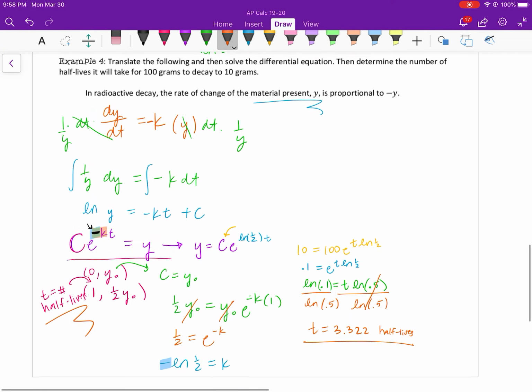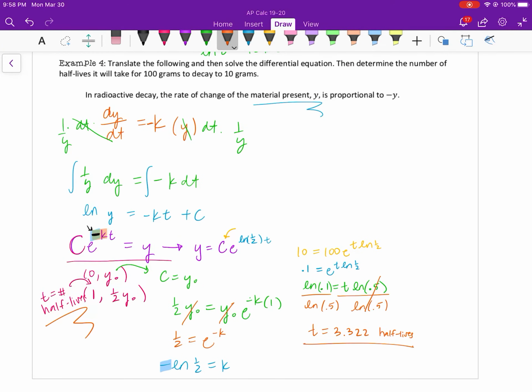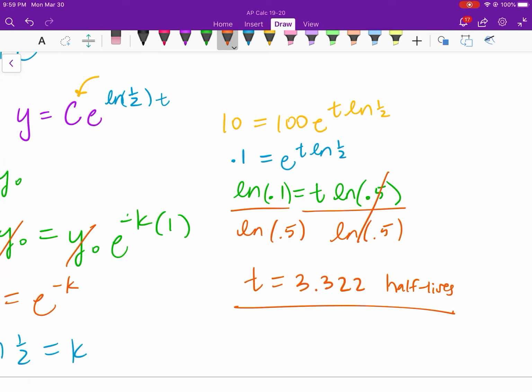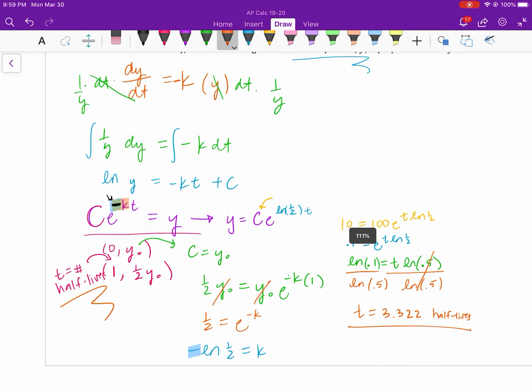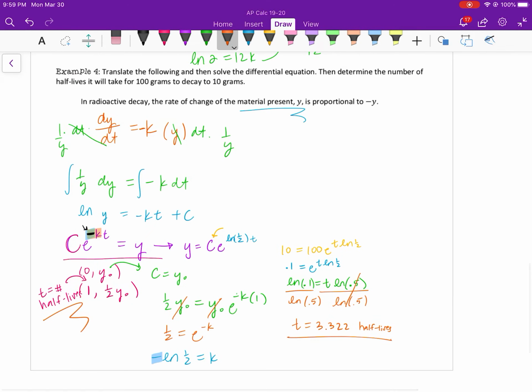So that makes sense. If we're down to just 10%, well, after 1 half-life, you'd be left with 50%. 2 half-lives, you'd be left with 25%. 3 half-lives, you're down to 12.5%. So that makes a lot of sense that it's just a little bit more than 3 half-lives, however long that may be for any particular radioactive element. So we are going to come together tomorrow and discuss this a little bit more, especially in relation to some practice AP